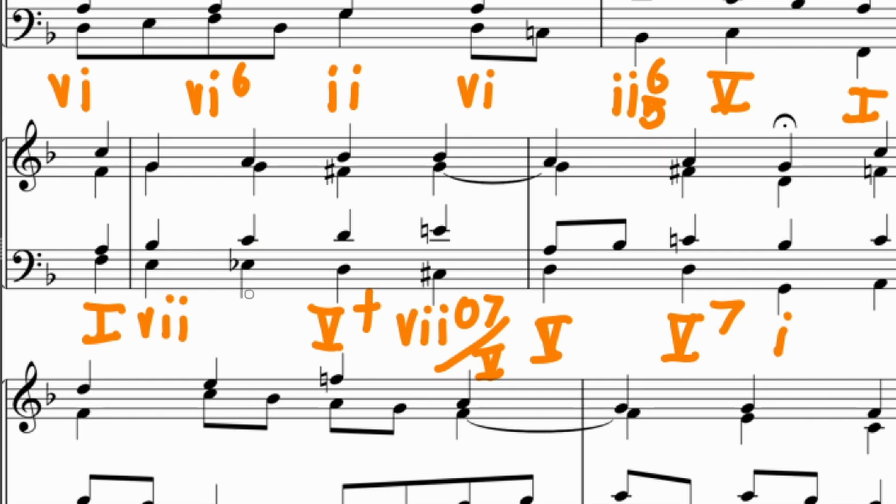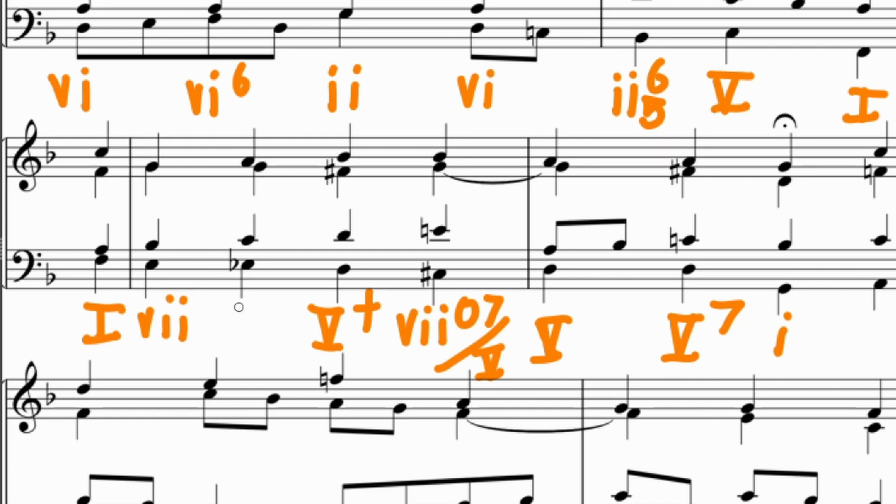But we do have to name it something vertically. What do we have as a stack of thirds? We have A, C, E flat, G. So we have A half diminished 7. Absolutely gorgeous. So, in F minor, we would call that